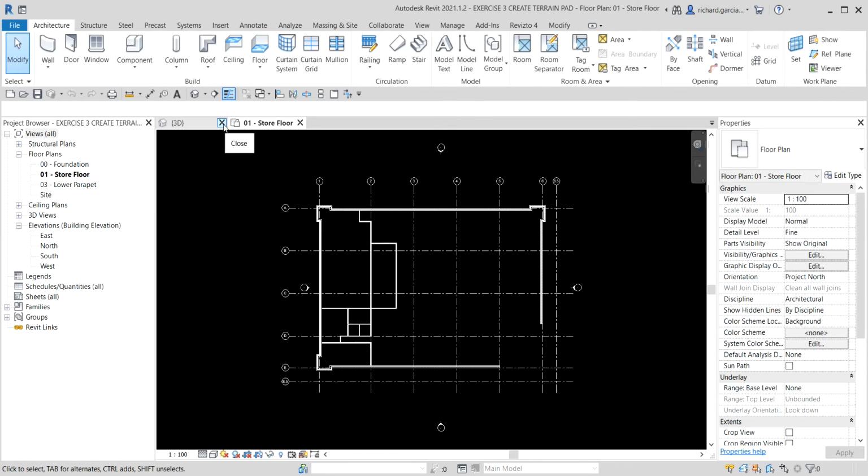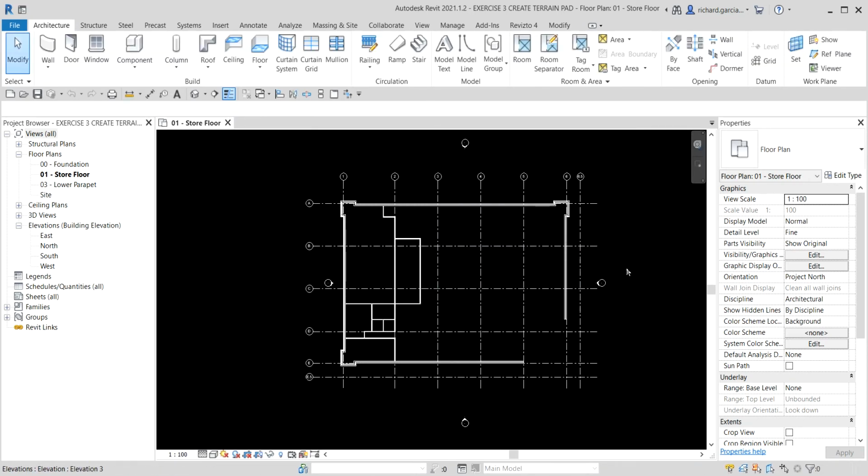Okay, and then let me just close the other files. Okay, so as you can see, it's just the same exercise. Now, since we're going to create the terrain and then a building pad, you need to go to the site plan of your model. So let's go to the site, double click that,